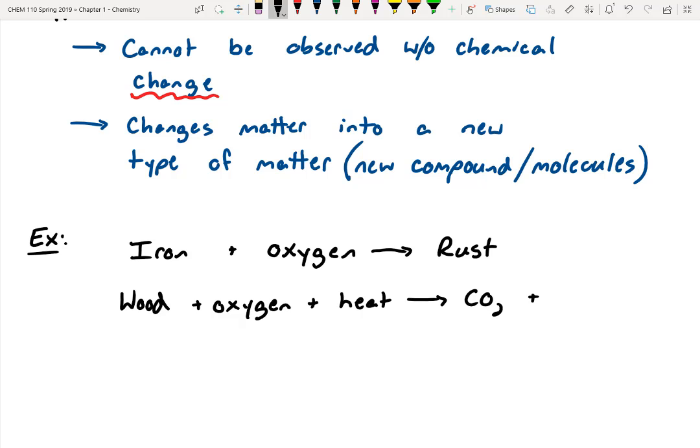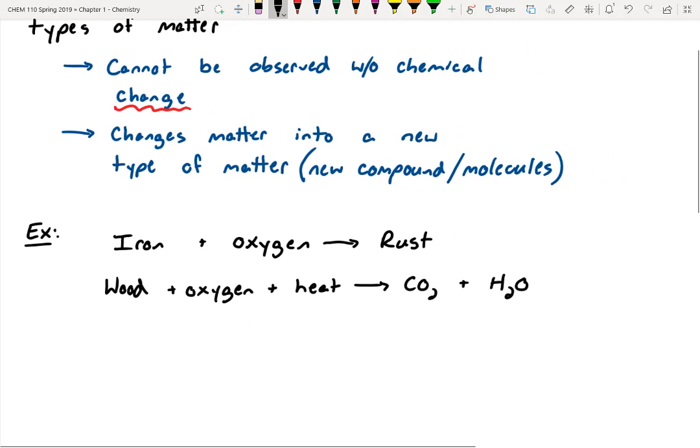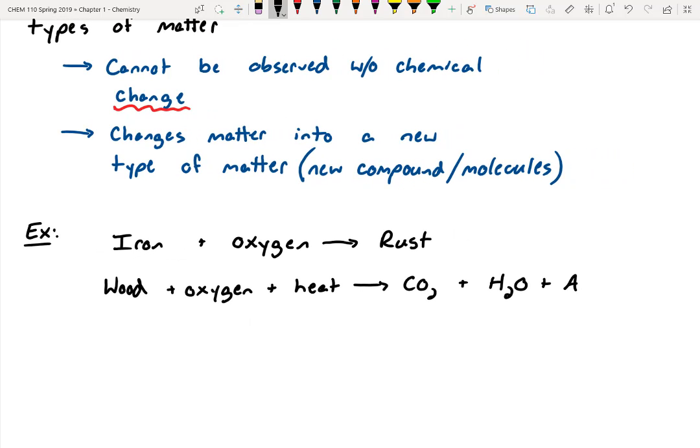And then in addition to that, a lot of people don't know, but you were entirely right. It also spits out water as well. So you get CO2, water, and then typically you have stuff that can't burn. We just call that ash. That's typically just leftover carbon material that didn't combust. So most of us are familiar with burning things. So both of these would be considered chemical reactions. Yeah? So essentially in any case, if you burn something, it would be a chemical reaction? Yeah, anytime you burn something, it would be considered a chemical reaction because we're changing it from one molecule or one type of compound to another type of compound.